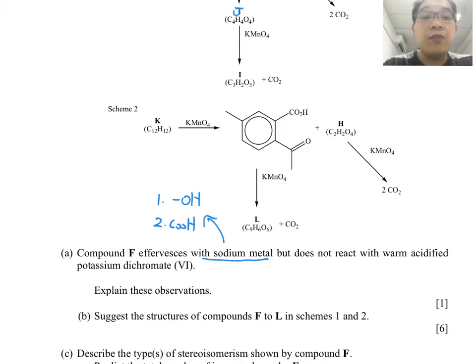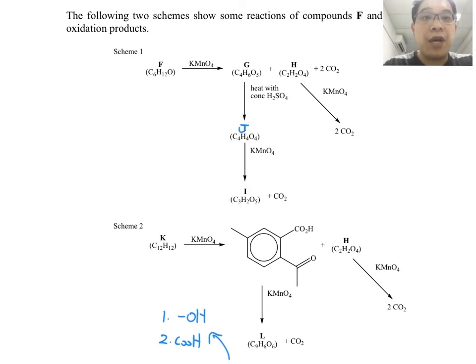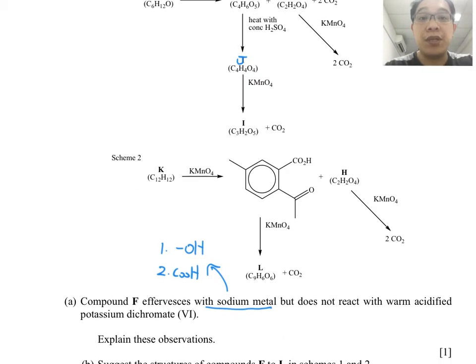So how do we confirm which one of them is present? Very simple, we go up and check out our F here. Now F, how many oxygens do you see? Only one, which means that there is no carboxylic acid. There is simply an alcohol group, so number 2 we can safely cross out. So now we know that an alcohol group is present. Very good, but it doesn't tell us much because alcohol can be primary, secondary, or tertiary.